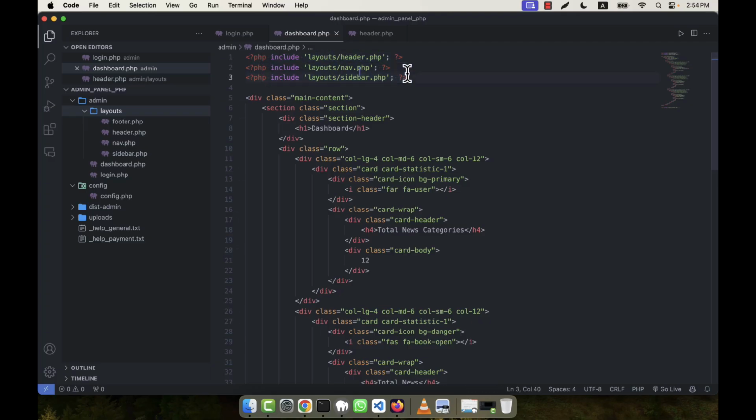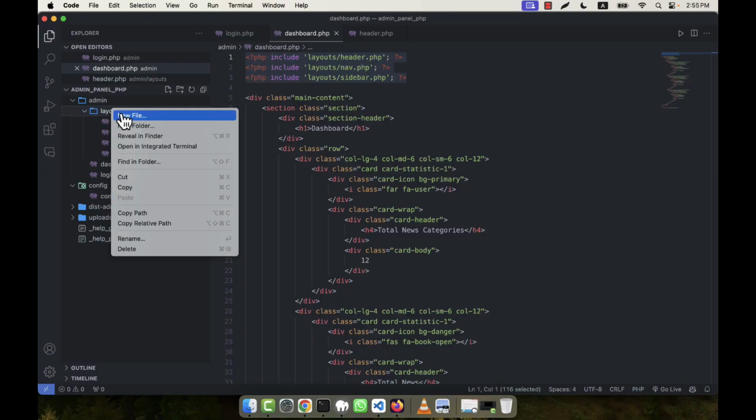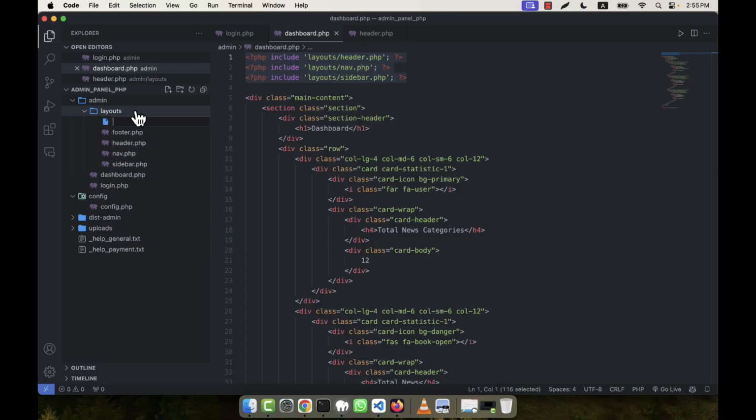You see that when I create all other pages, I will have to add all the 3 lines each time. So why do I need to call 3 lines in all other PHP pages? A lot of pages will come here one after another: settings page, blog page, etc. In each case I will have to call 3 lines. So I am going to do one thing. Instead of writing the 3 lines, I am going to create here another file, that is